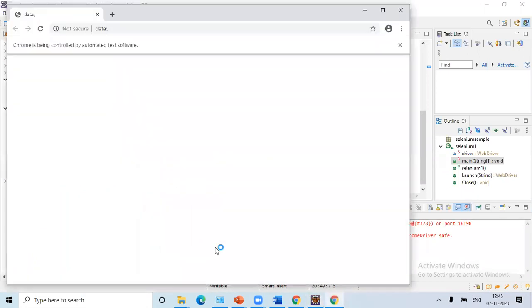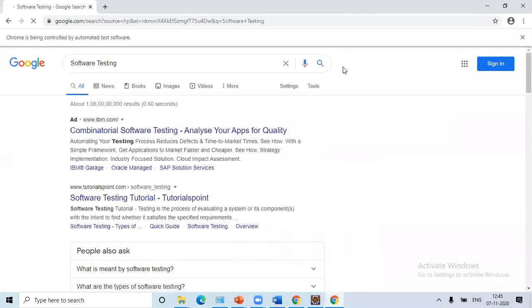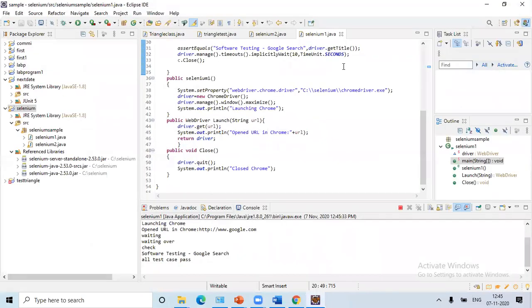So you can see ChromeDriver was started successfully. Messages, we are waiting. I'll show you, one minute. You can see I'm not typing anything. Did you see, everyone? I didn't do anything. I just ran the program.